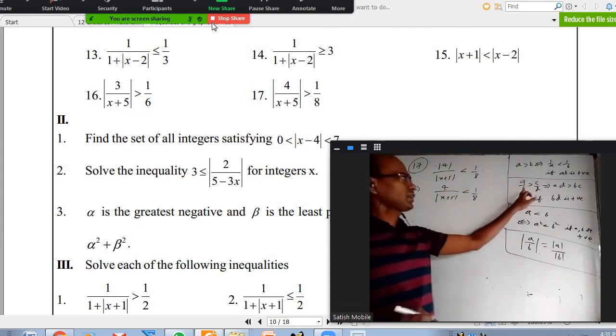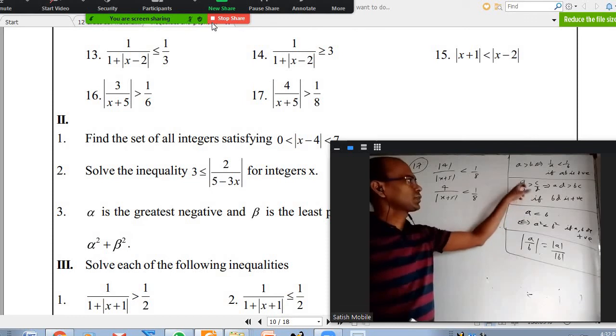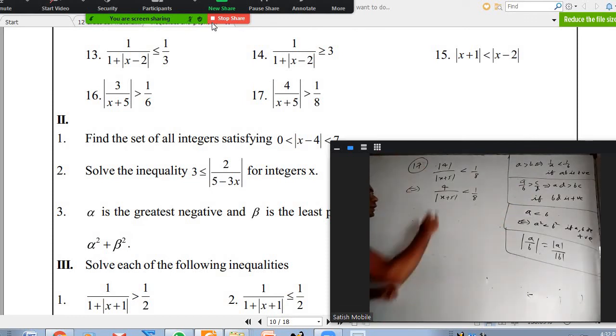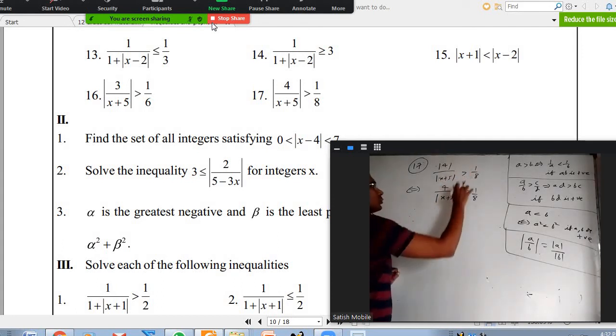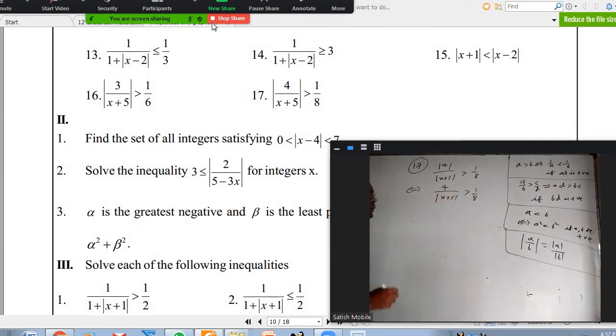As we discussed here, when both are positive or both are negative, we can do cross multiplication. Can I do cross multiplication here? Sir, they give greater than, sir. Okay. Can I do cross multiplication? Is everything positive here, the denominators? Yes. No, there's one problem. X should not be minus 5. Then it will not be defined. But when you do cross multiplication, it will be defined.